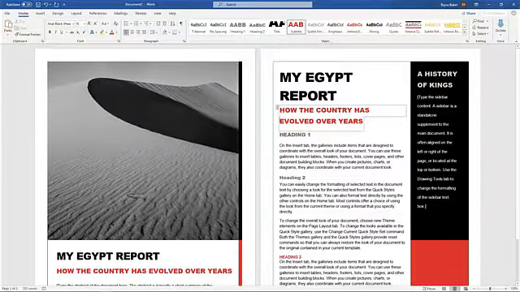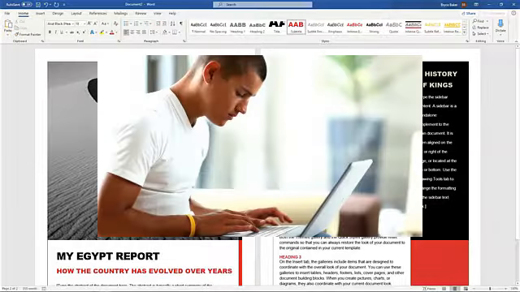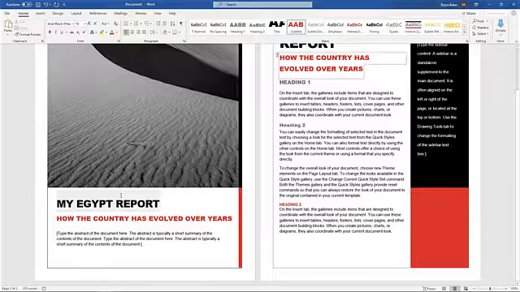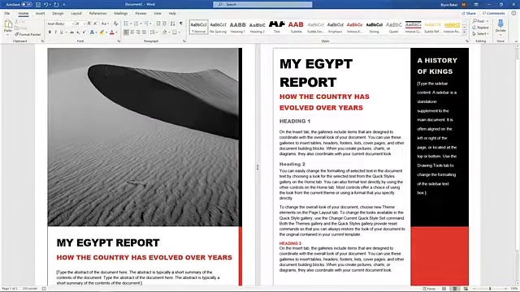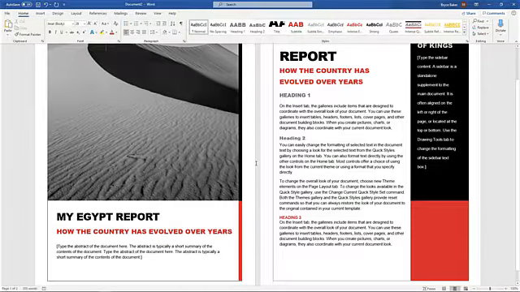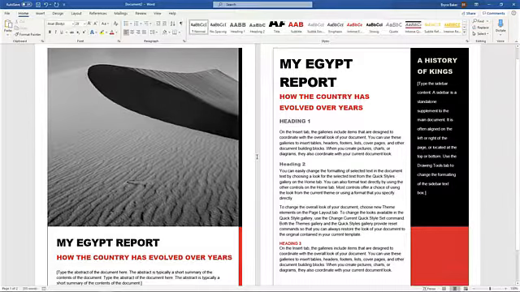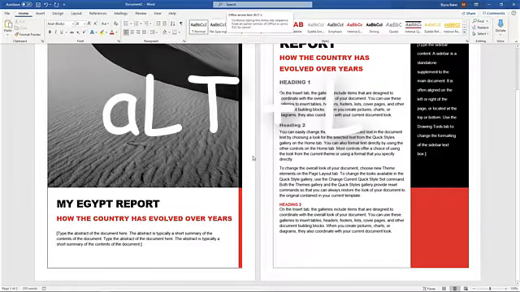Let's go. First shortcut we have here is one that is very useful if you are a student that is writing reports. Let's say you are working on your very important report, such as an Egypt report. And let's say you have an unstable program or an unstable computer. You want to make sure that it saves, but sometimes when you try to save, it just doesn't work. Don't worry. There is a keyboard shortcut that force saves any document on Windows. If you simply press Alt-L,